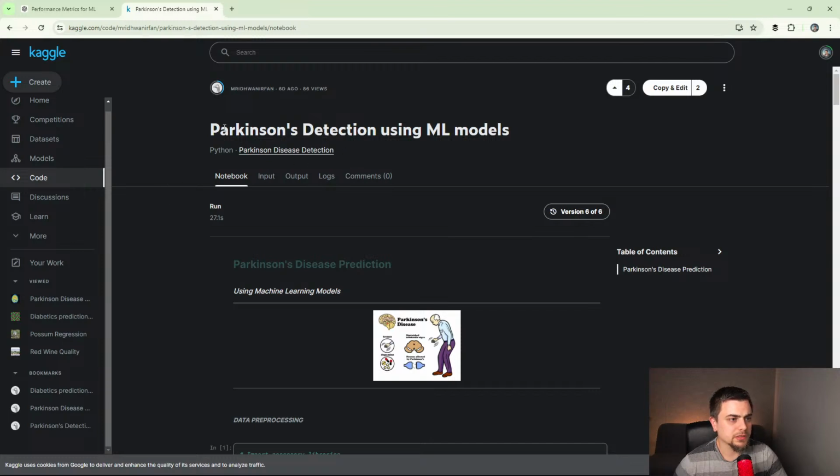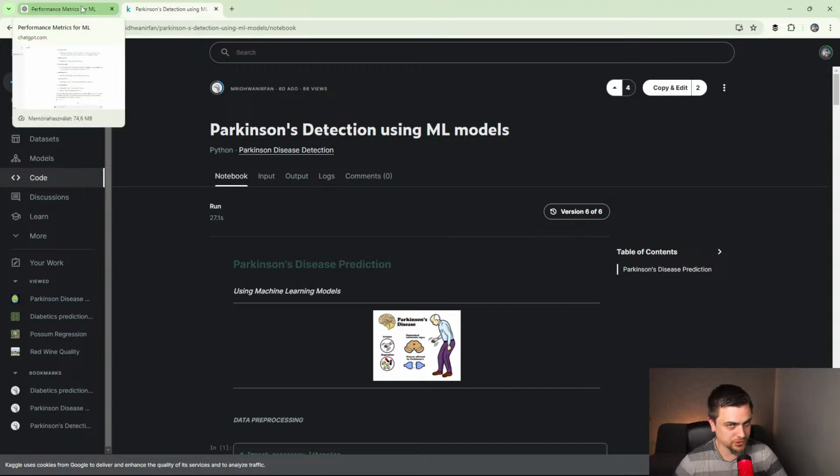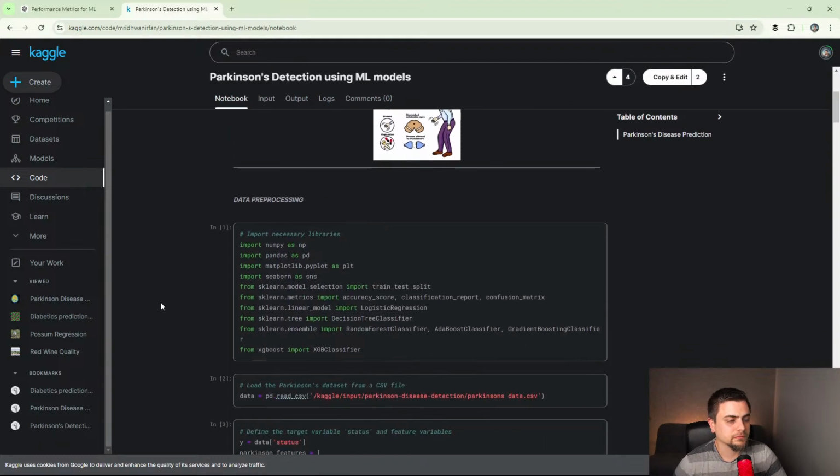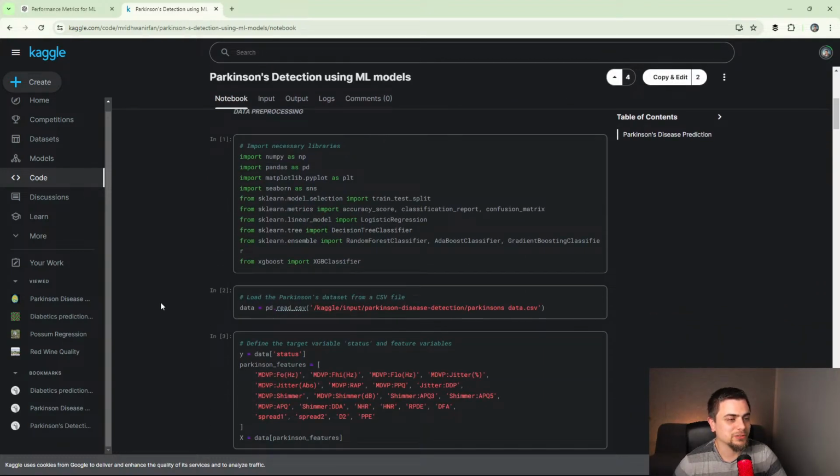I will do this Parkinson detection, another regression, in GitHub, and you can reach it and find it. After the edited video is done, it will be available for you. Of course, these are available because you can use ChatGPT, and of course I will share the ChatGPT stuff. But GitHub seems professional